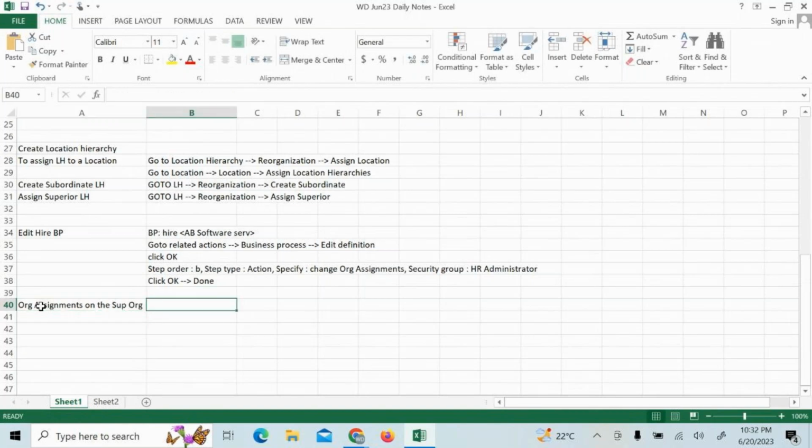Right? How do you do that? Go to your SUPOG, related actions, SUPOG, and then edit SUPOG. If you scroll down, you will be able to see under org assignments, add